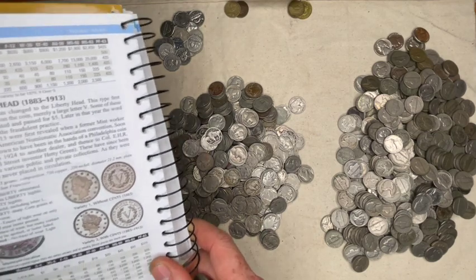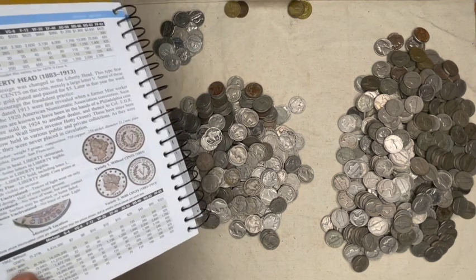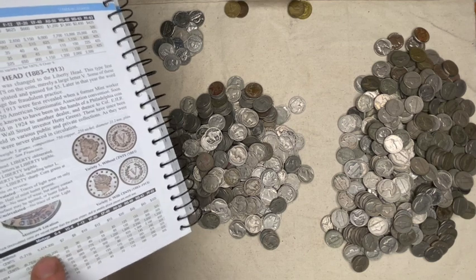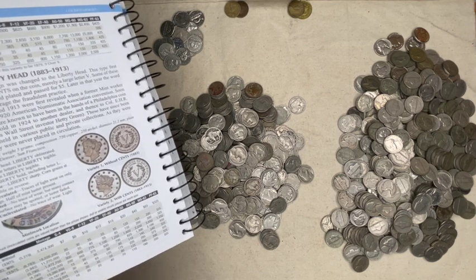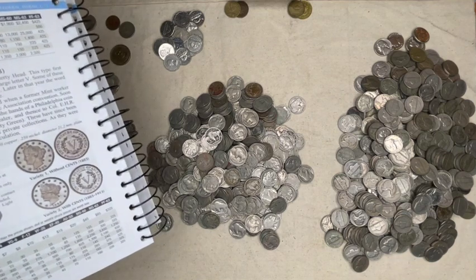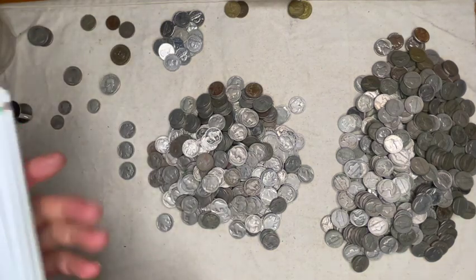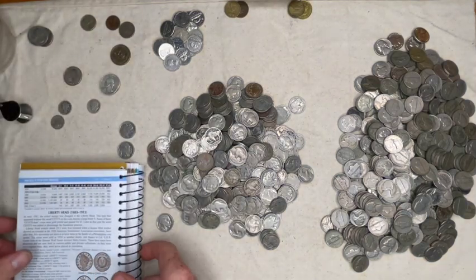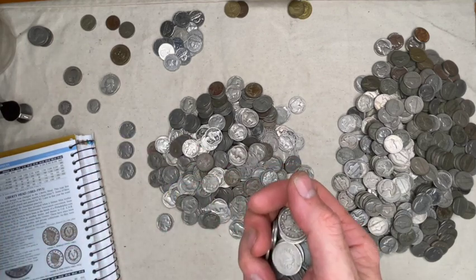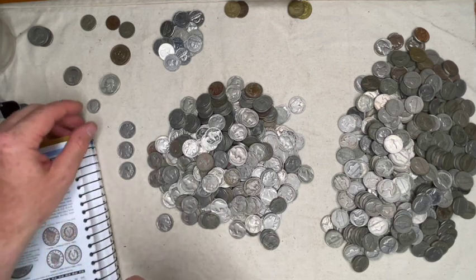And I believe from what I had read, a lot of people hoarded up the V-nickels, like they just air-tight capped them. They really hoarded them up and capped them. So yeah, I'll look through these a little better, and I'll bring you back if I find anything, and then we'll wrap it up. And I found a